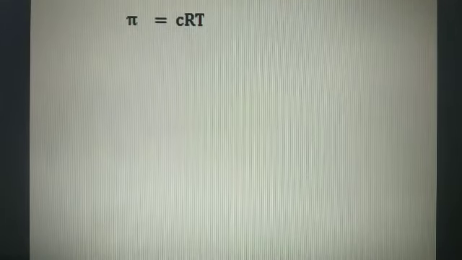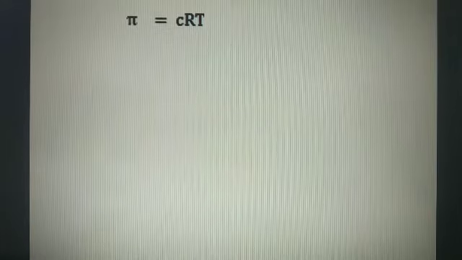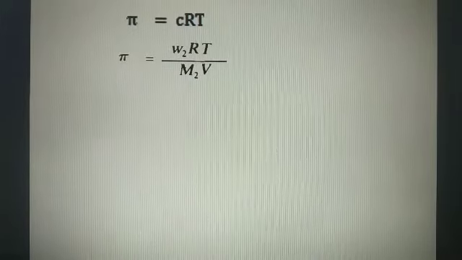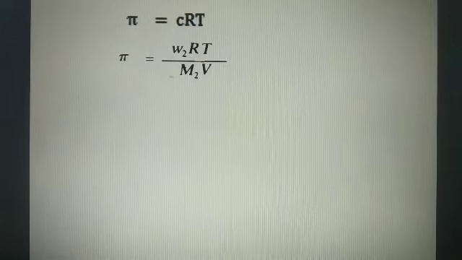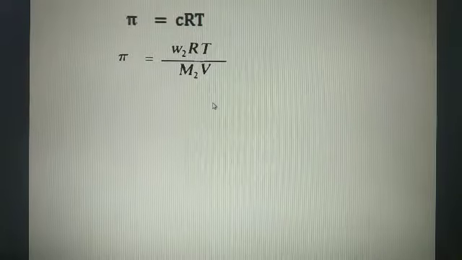N is the number of moles, V is the volume of the material, whatever it is, whether it is gas or solution. So that is the equation for the gaseous state. This equation is for the solution. Or you can modify it as concentration. It is how many grams dissolved, it is M2, that is the molar mass, so that gives the number of moles, and divided by V, that is again similar.